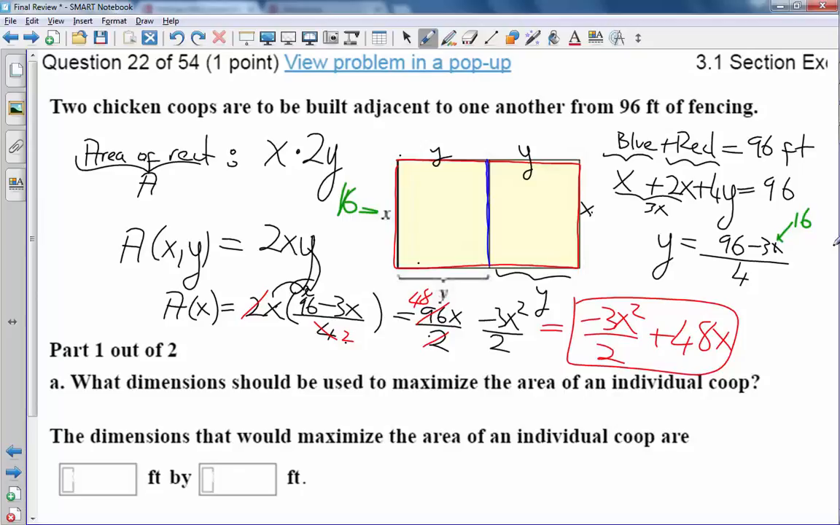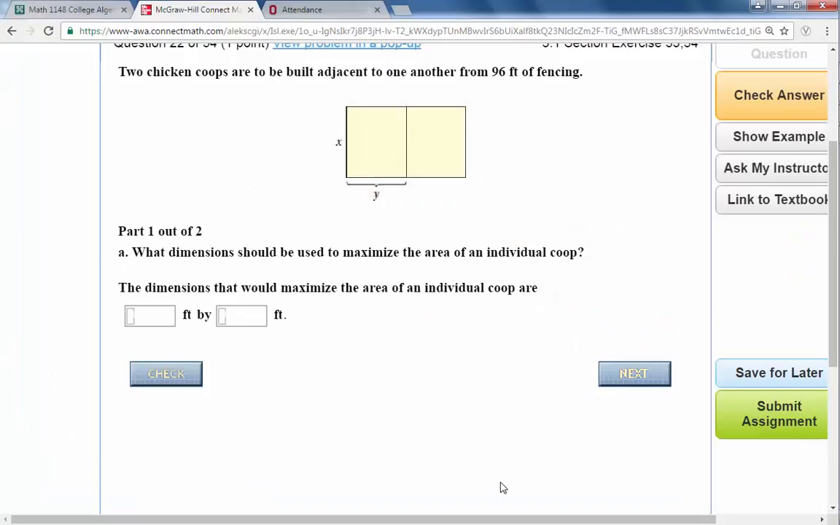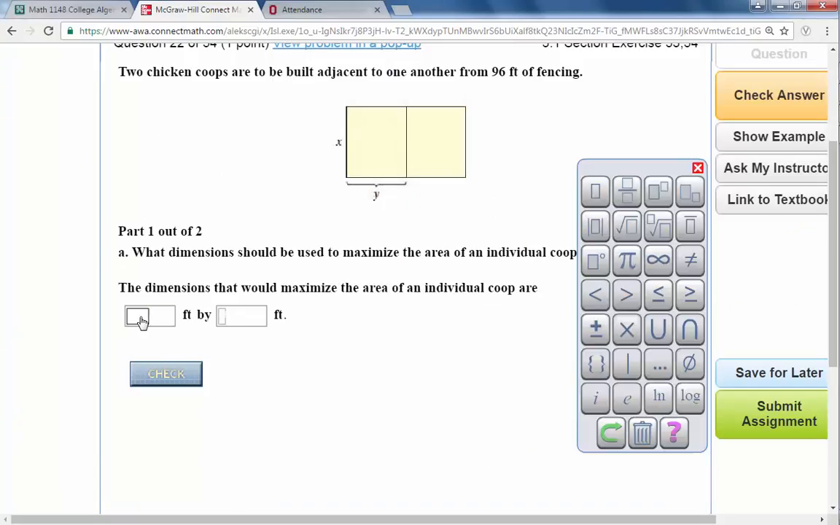Yep. 3 times this and divide by, isn't it 12, right? 12. When you do that, 3 times 16 is 48, 96 minus 48 is 48, divided by 4 is 12. So this is 12, but there is another 12 here. 24 is the length of the chicken coop. So it is 16 by